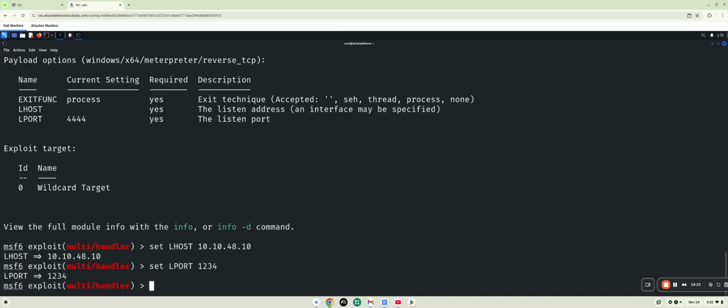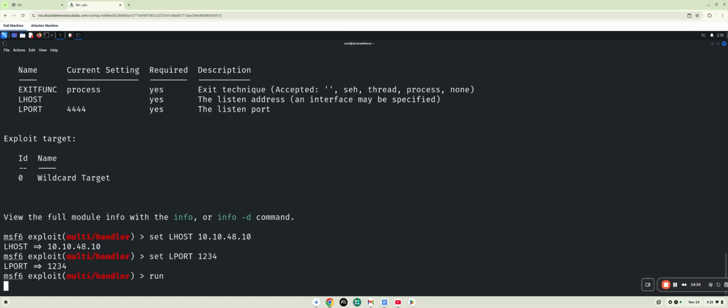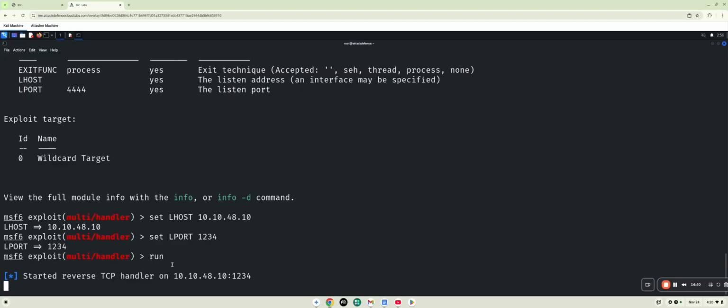All right, and it looks like that should be everything I need to do in order to set up multi-handler. So I'm gonna hit run, and I'm gonna let multi-handler let me know that it's awaiting the connection. All right, so let's jump back over here to the